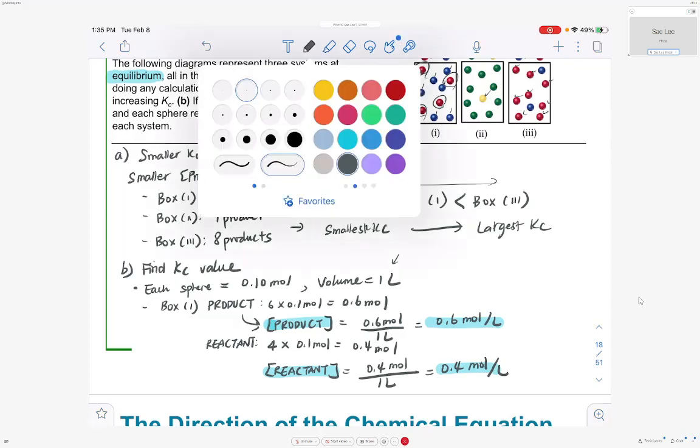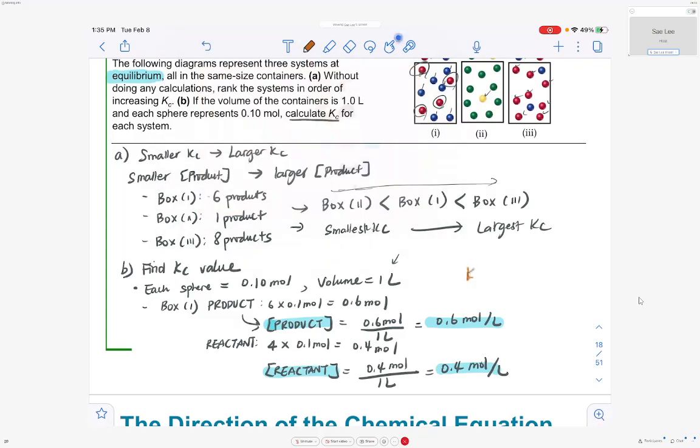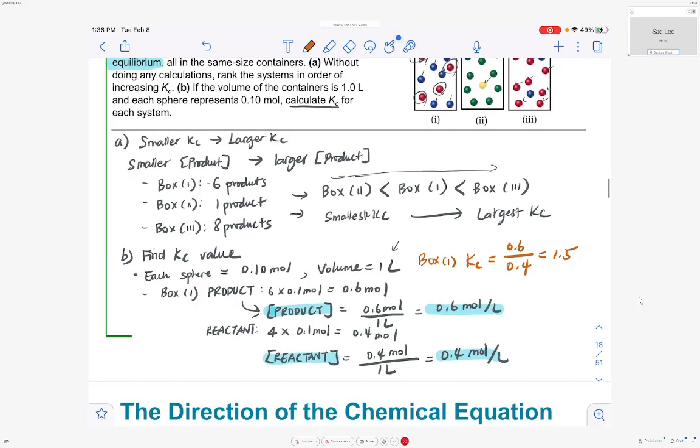Can we find Kc? Kc for box 1 is going to be the concentration of product divided by the concentration of reactant at equilibrium. So 0.6 divided by 0.4 equals 1.5. Okay. So if you do the same thing for box 2 and box 4, you're going to find